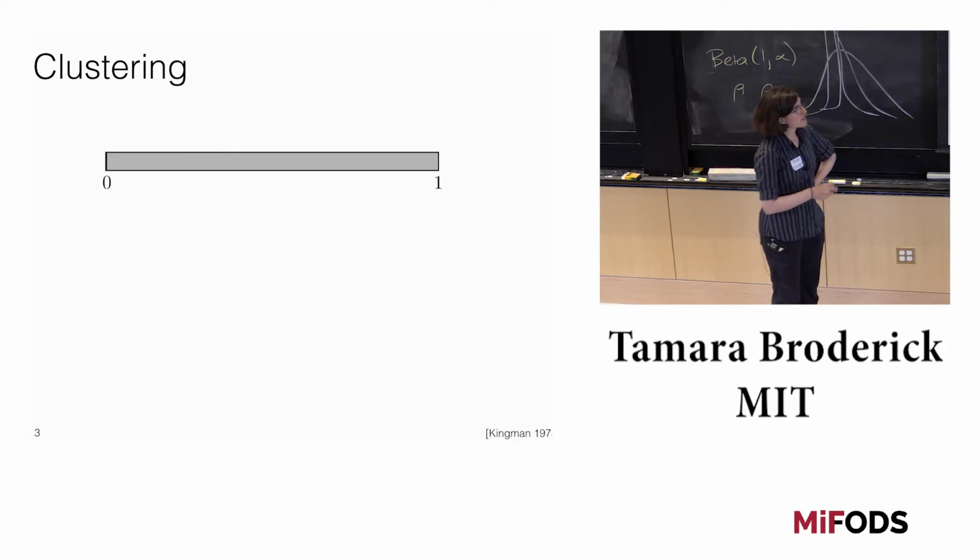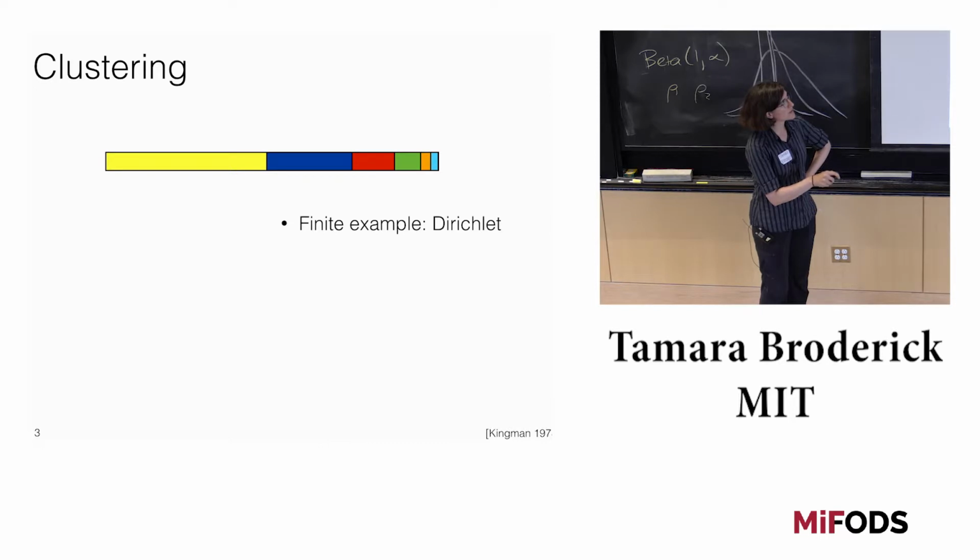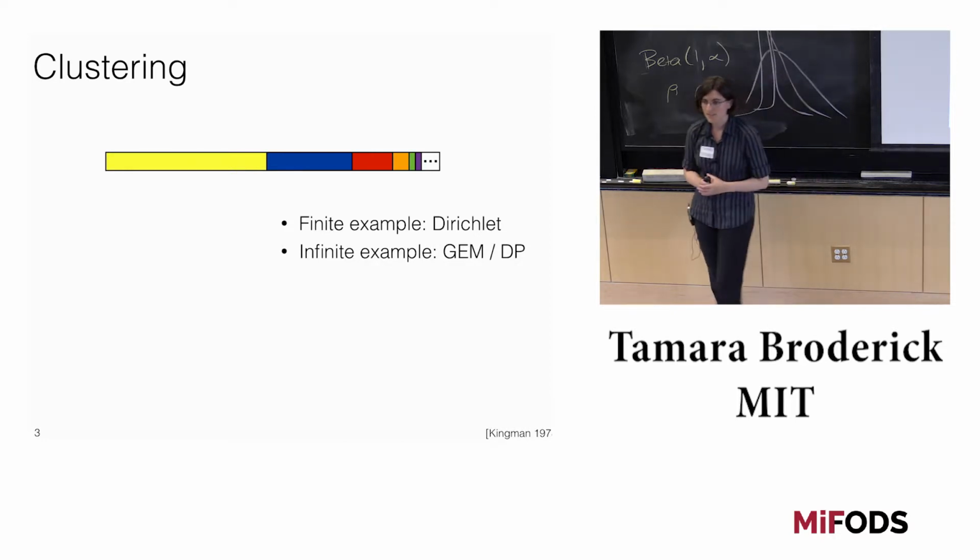So in all these cases, we had some mass from 0 to 1, and then we divided it up. One way we divided it up was in the case where there were a finite number of intervals in this partition. We could have gotten that from a Dirichlet distribution. We could even take Philippe's idea and put a prior over the number of elements in the Dirichlet, but it'll still be true that every one of these partitions in every case is finite. But we also saw a way where we would have a countably infinite number of partition elements, and that was the GEM, which we saw was part of the Dirichlet process.